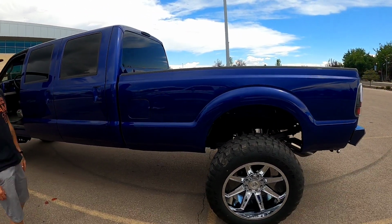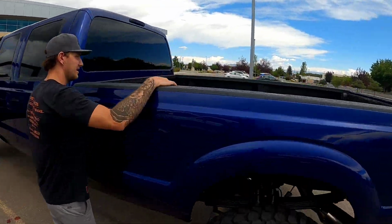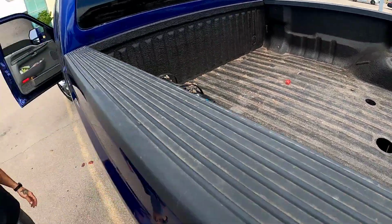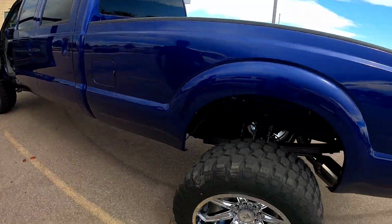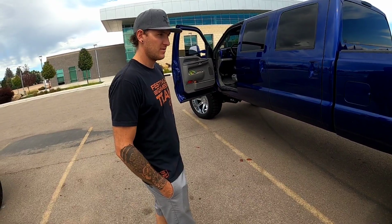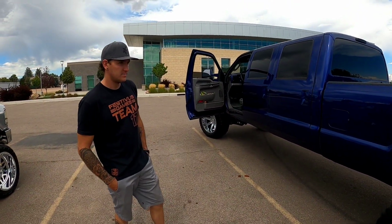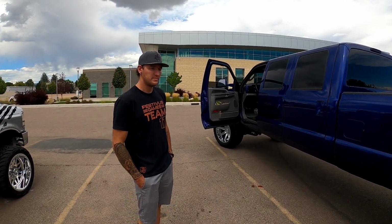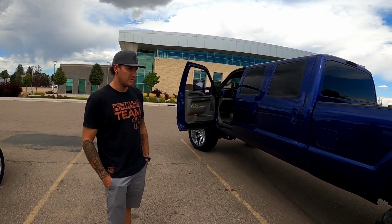Yeah, well, we rhino-lined the bed. It's got set up for the 5th wheel hitch and everything, but I don't see myself pulling a 5th wheel with it. So, what gears does this truck have to run these 40s? I think they're 3.73s. Just stock 3.73s. Do you have lockers or anything? Yeah, the rear end's posi, and